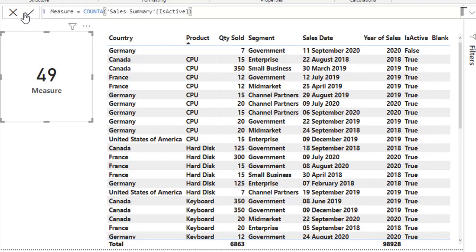So for is active, there are 49. So this is the difference between COUNT and COUNTA. Now we try the country. COUNTA is very similar to COUNT. The only difference is COUNTA also works on the logical field.